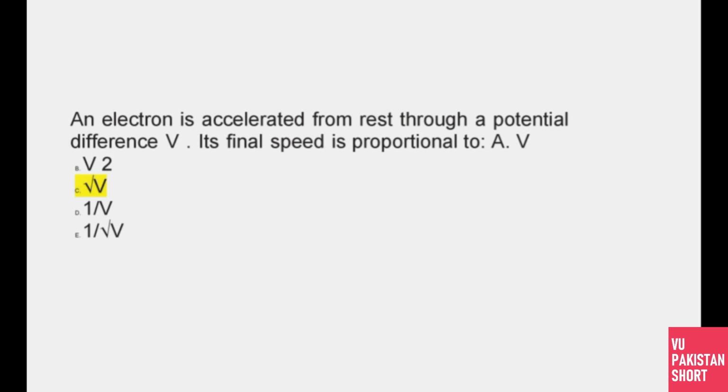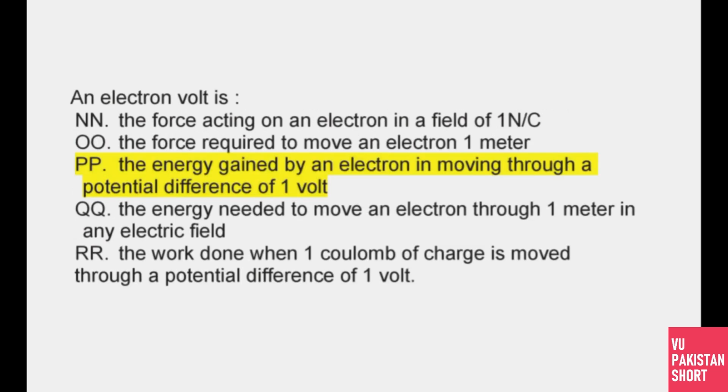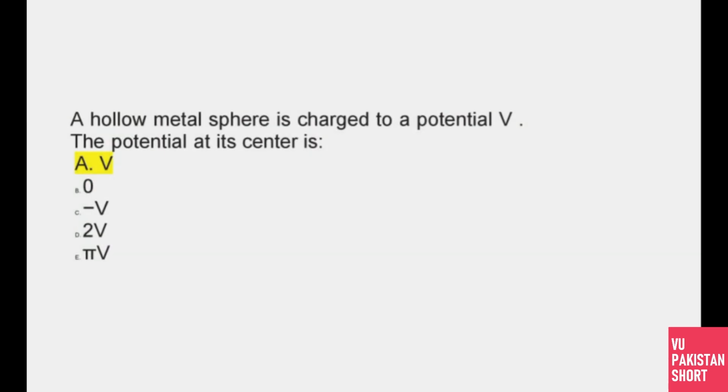An electron is accelerated from rest through a potential difference V. Its final speed is proportional to, कितनी होगी, अंडर रूट V के बराबर होगी। एन इलेक्ट्रॉन वोल्ट इज कितनी है, वो है the energy gained by an electron in moving through a potential difference of 1 volt. अब a hollow metal sphere is charged to a potential V, the potential at its center कितना होगा, वो होगा V।